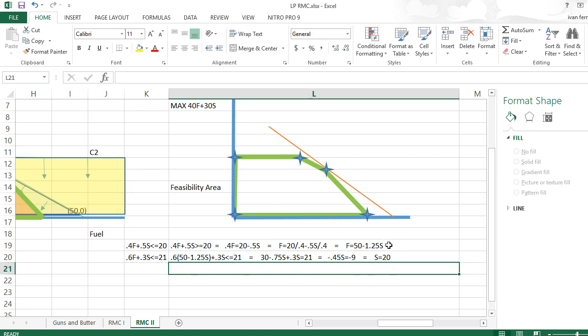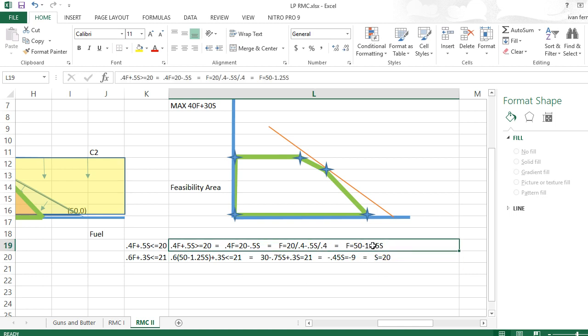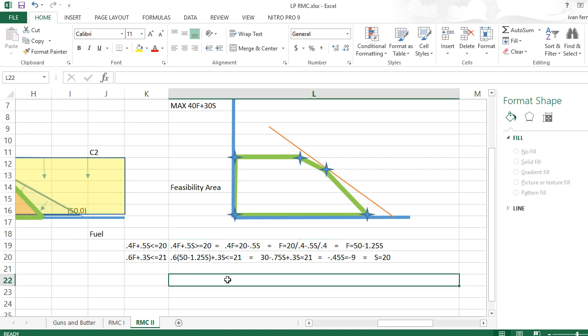Now, to solve for fuel, you got it up here. All you have to do is f equals 50 minus 1.25 times 20. I'm just taking the value 20, because I just solved that. Put it in there, which I took from here. That is going to be equal to